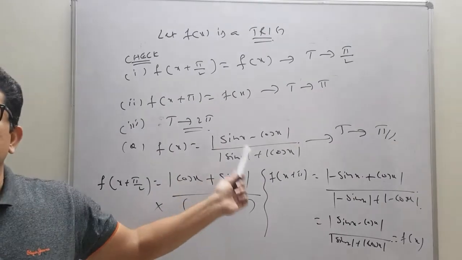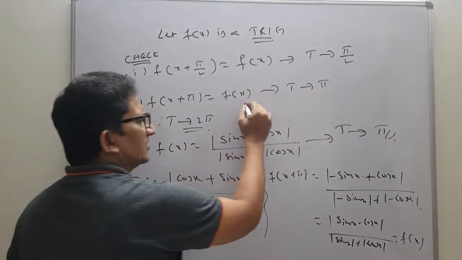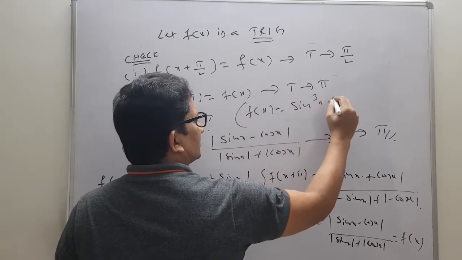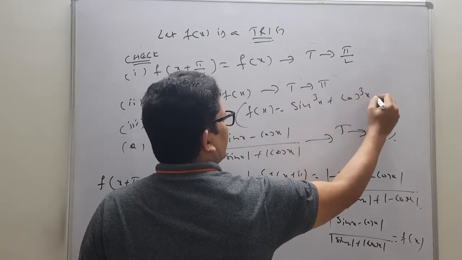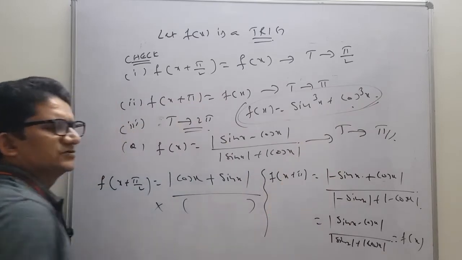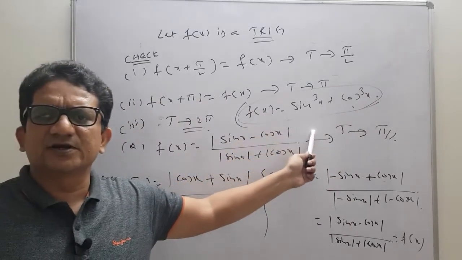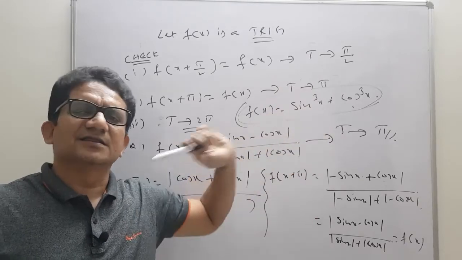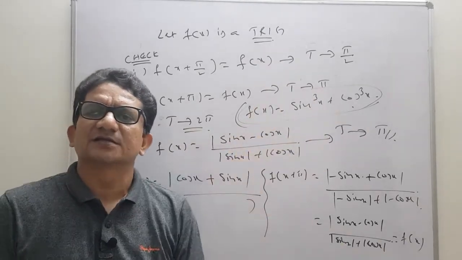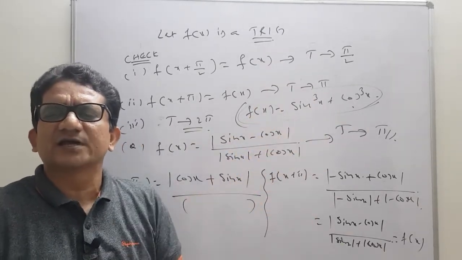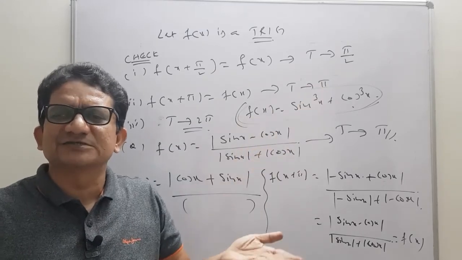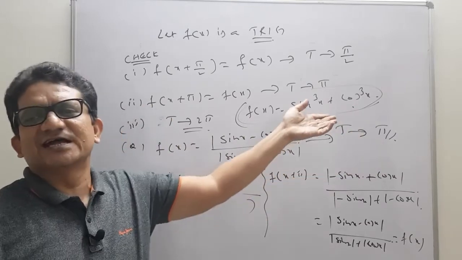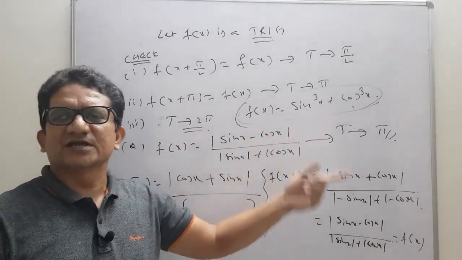Therefore, the period of this particular question is pi. Not only this, anything you can check. Suppose f of x equals, previously we did, sin cube x plus cos cube x. This also you can check. We can check at pi by 2. If it fails, then you come to pi. If it fails at pi, then 100% it is 2 pi, because it naturally happens at 2 pi. At 2 pi plus, what happens? We know that in the first quadrant everything is positive, so only this result will come. Like that we can find.